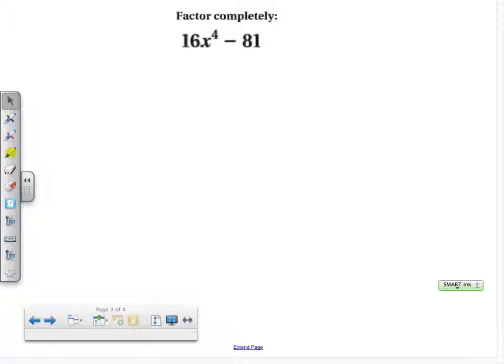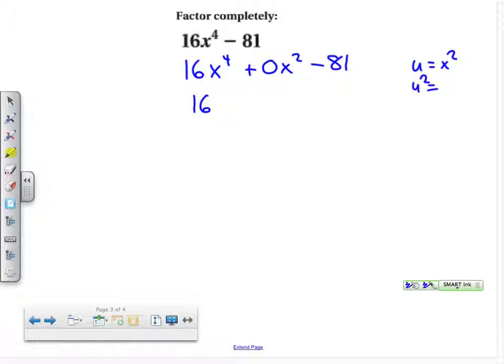All right, so let's look at an example. Factor completely. Why is this in quadratic form? Well, we start with an even power, and we go down by 2. The middle term's missing. All right, now as we look at it, we can substitute the x squared out. If u equals x squared, then u squared equals x to the 4th. We got 16 u squared minus 81, and we